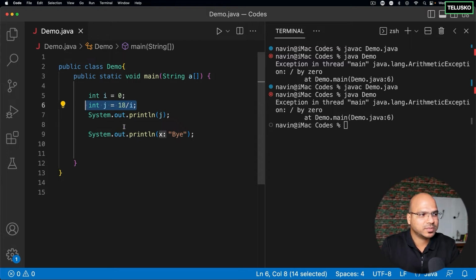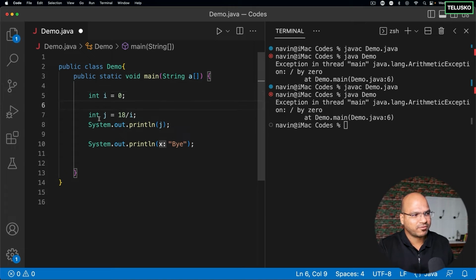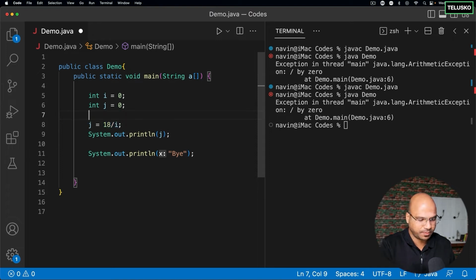So that's why it is always better to handle the exception. Even if you know nothing may go wrong, if you think it's critical, handle it. How? That's the question. To handle the exception, what you can do is put this type of statement in some other block. First of all, let me just declare the variable i here as 0. And then this is a statement which is critical, right? So I will just put that in a separate block.